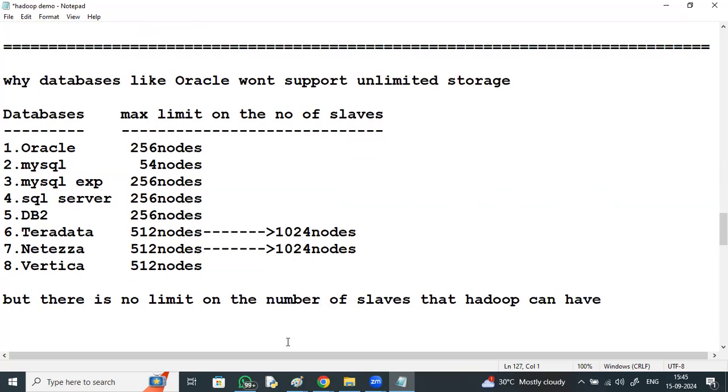It can go with an unlimited number of slaves. That's why it has horizontally unlimited scalability.